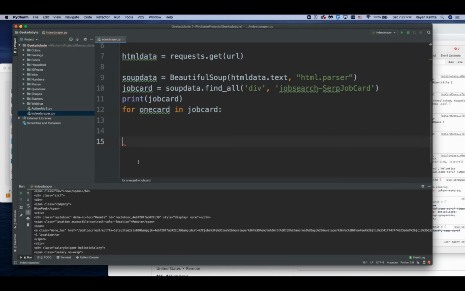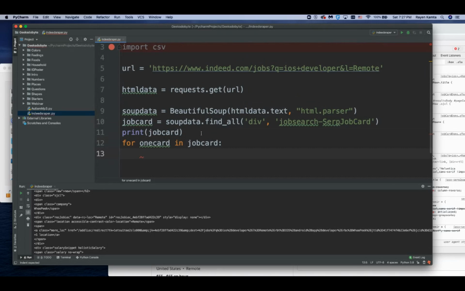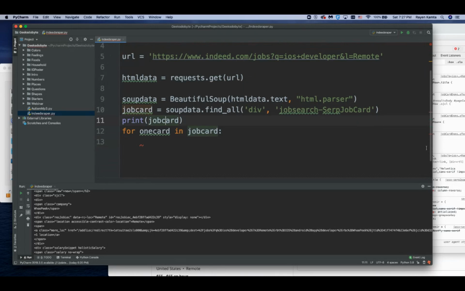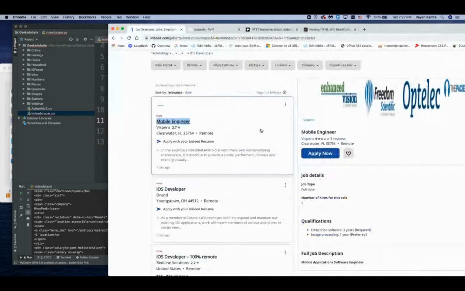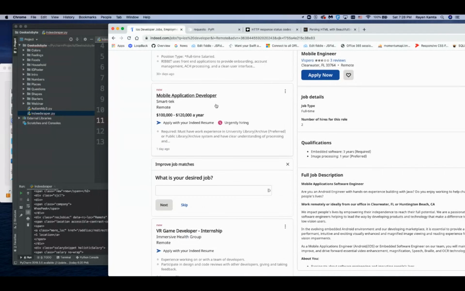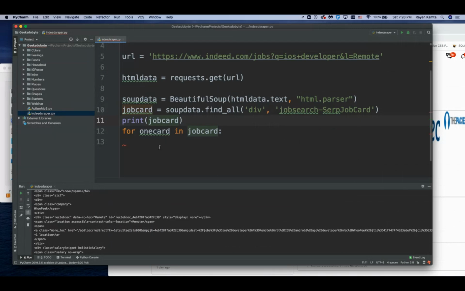Programming different languages, it's taking a little time to figure out what each syntax is for the languages. So I'm doing a for loop. So this job card has basically an array of data with all these cards in it. I have the job title and the other data. And we want to go through each one by one. So I'm doing something called a for loop. And so we are going to